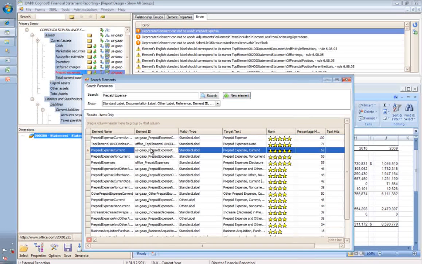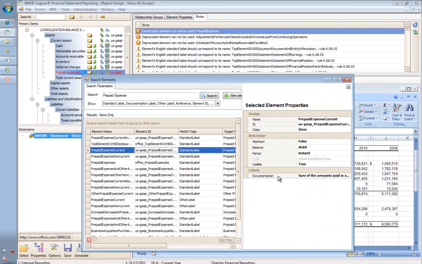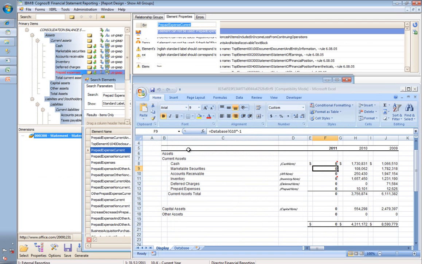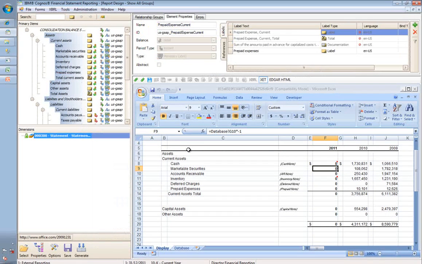And I can simply view the information, view the properties of this area, directly inside my taxonomy and say, well, what does this mean? It's reading from the US GAAP element here, telling me exactly what the documentation and what that label happens to be. I can determine that that's the most appropriate, and it's a simple click or double click there, and automatically it replaces that item. I am no longer looking at or having a deprecated item as part of this taxonomy and as part of this